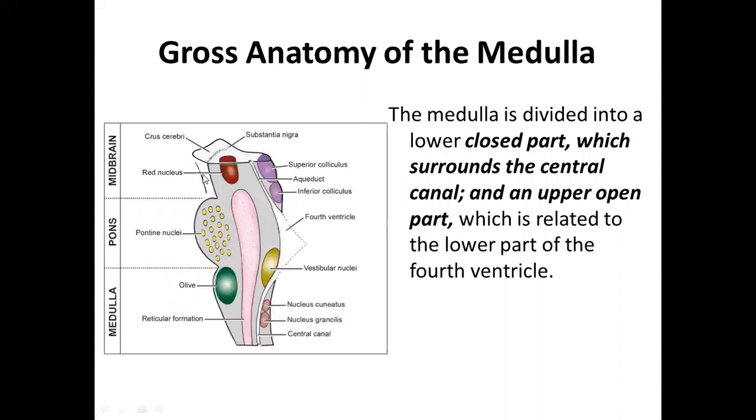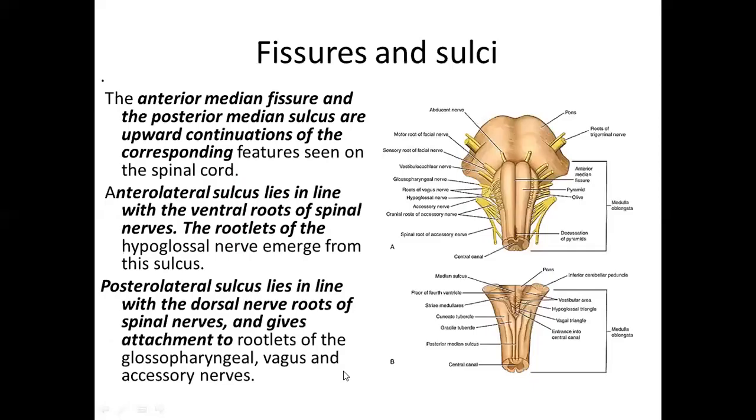So we will continue with the gross features of the medulla. We know that the medulla has a lower closed part and an upper open part because of the pontine flexure in intrauterine life and the neural tube, right? And the olivary nucleus, the arcuate nucleus, and the pontobulbar bodies are the displaced pontine nuclei arising from the alar plate of the neural tube.